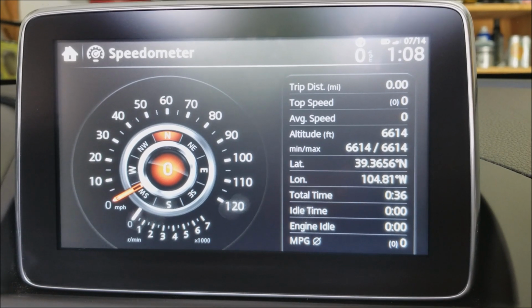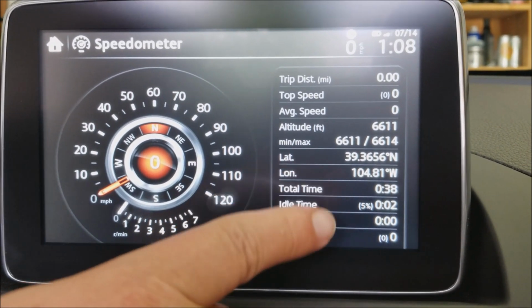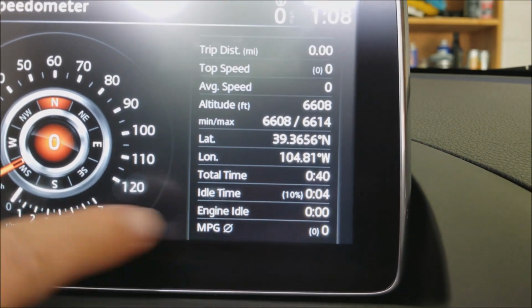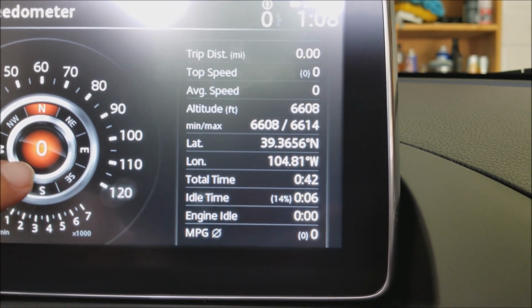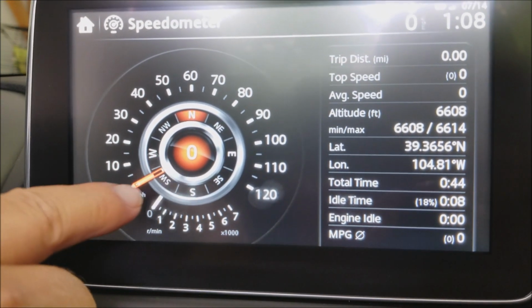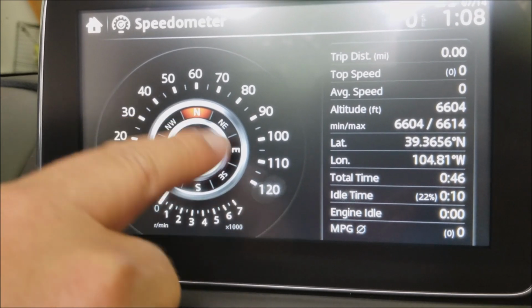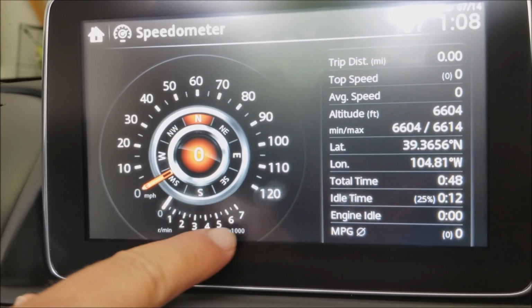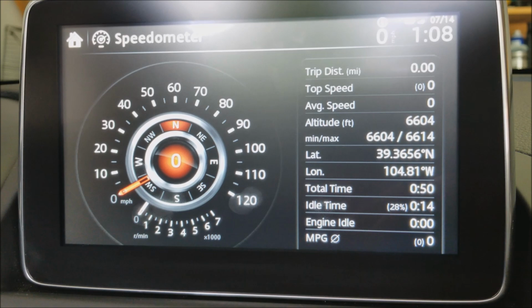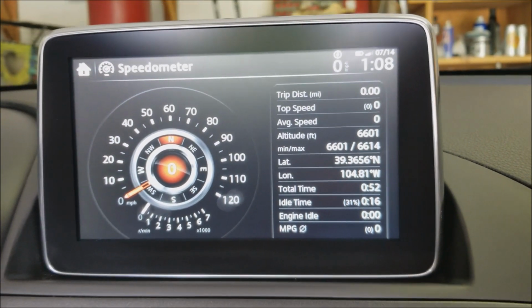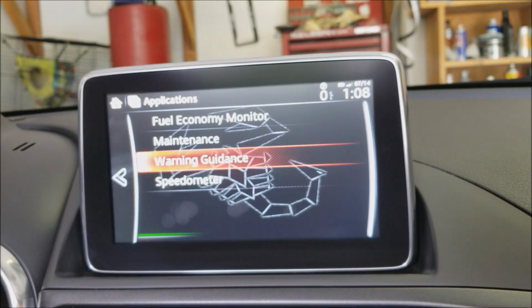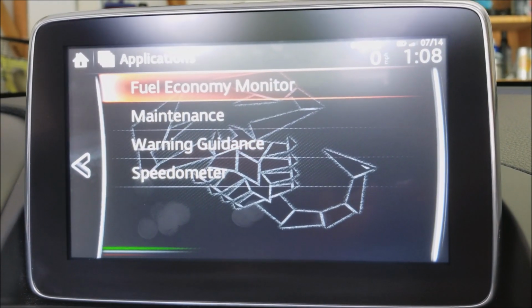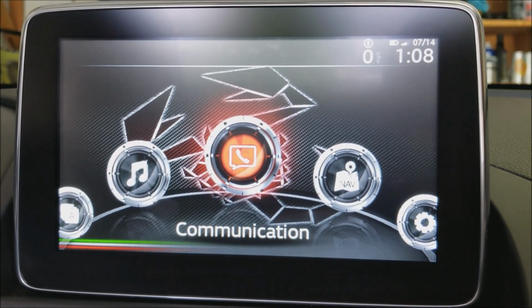It has a lot of different information here on the right hand side, which is pretty cool. And then it'll show your miles per hour in the middle and around the outside, your direction of travel, and your RPMs down here at the bottom. We'll go back to the home menu,